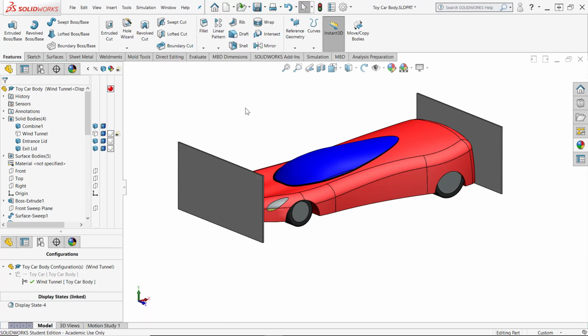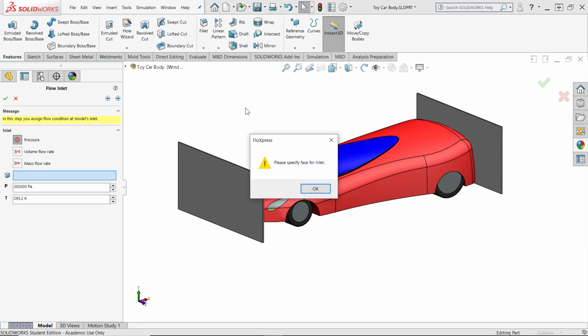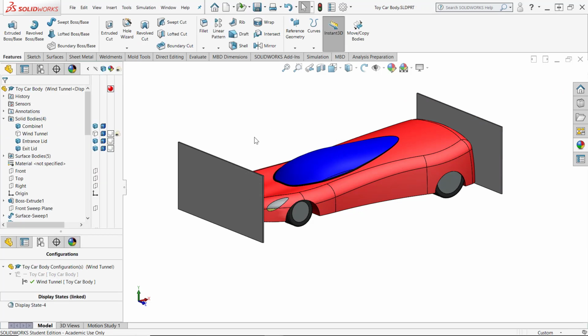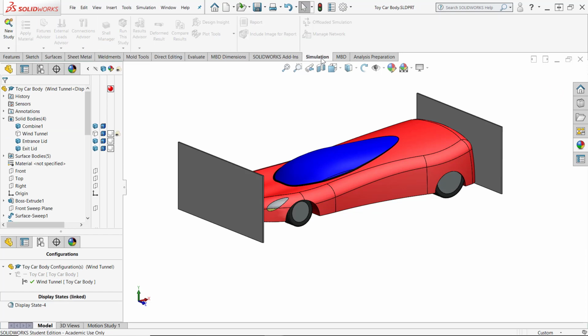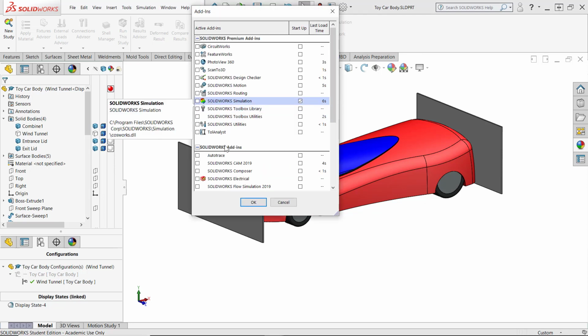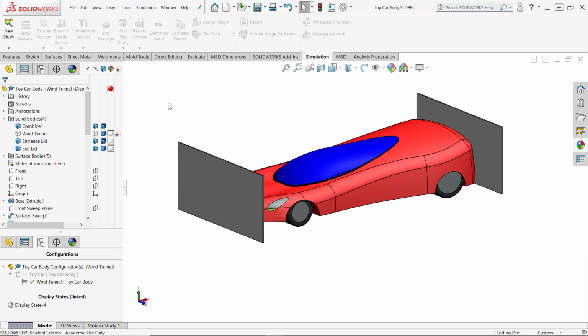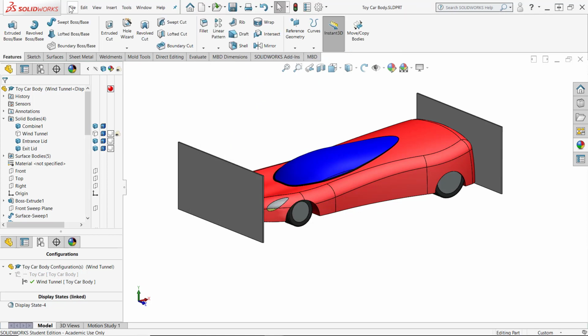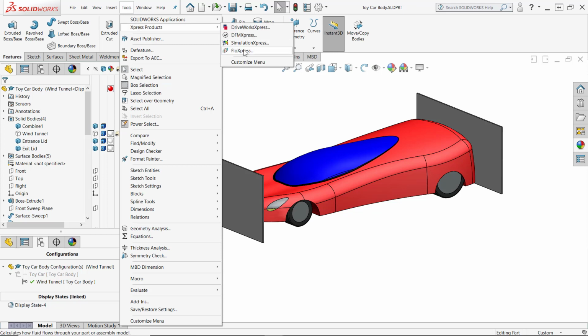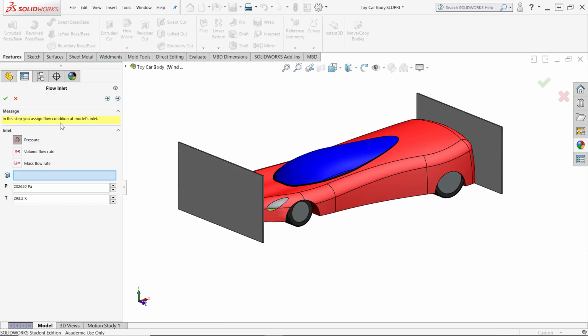And when I do that, if I have the full analysis add-in loaded, it's going to give me a warning that I need to turn that off. Actually, perhaps it doesn't do that anymore. It used to tell us that we need to turn that off. I'm going to cancel out of this just to show you what used to happen. So it used to be, I have the simulation add-in loaded, and in prior releases you would have to go into add-ins and turn off SolidWorks simulation in order to load the Express simulation. So I'll do that anyhow, and then I'll go to Tools, Express Product, Flow Express, and it asks us to select the